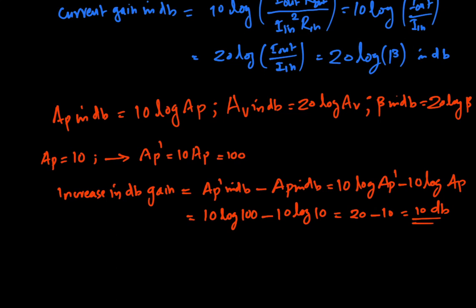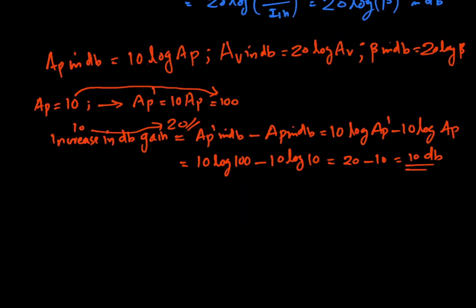That means here when AP increases from 10 to 100, then AP in decibel increases from 10 to 20 only. So that is the detail we can get from the expression of power gain in decibel. If we consider the same thing for the voltage gain,